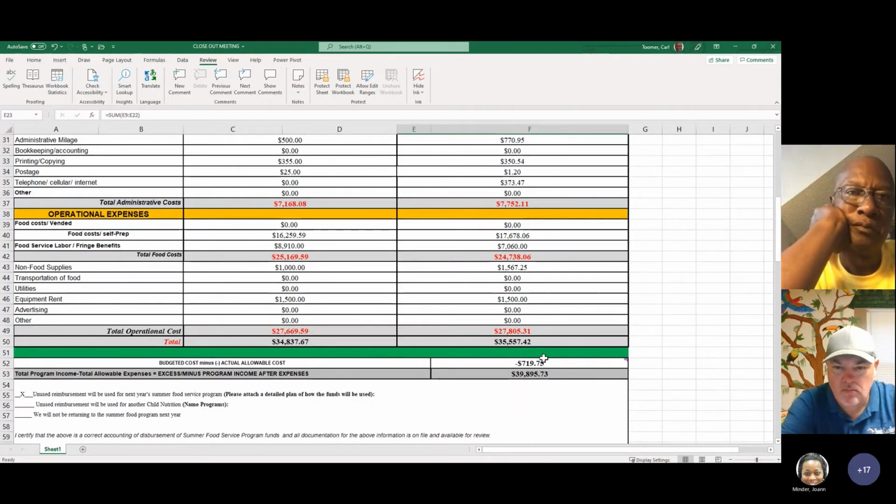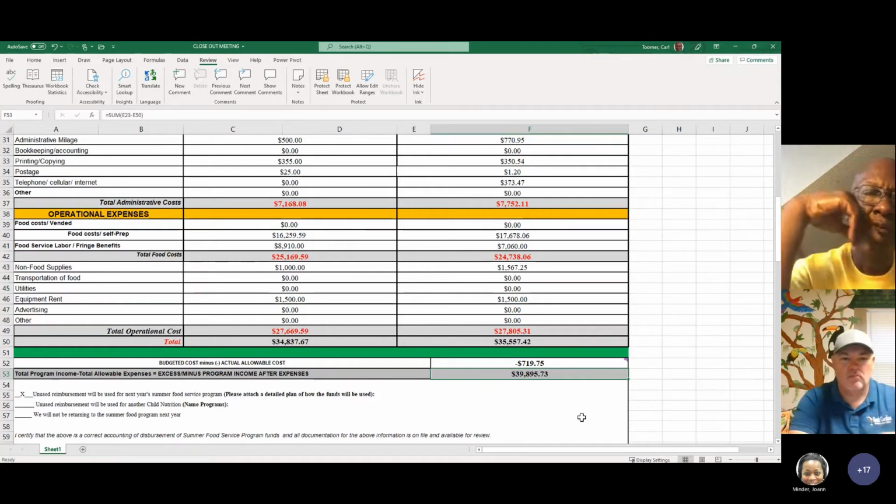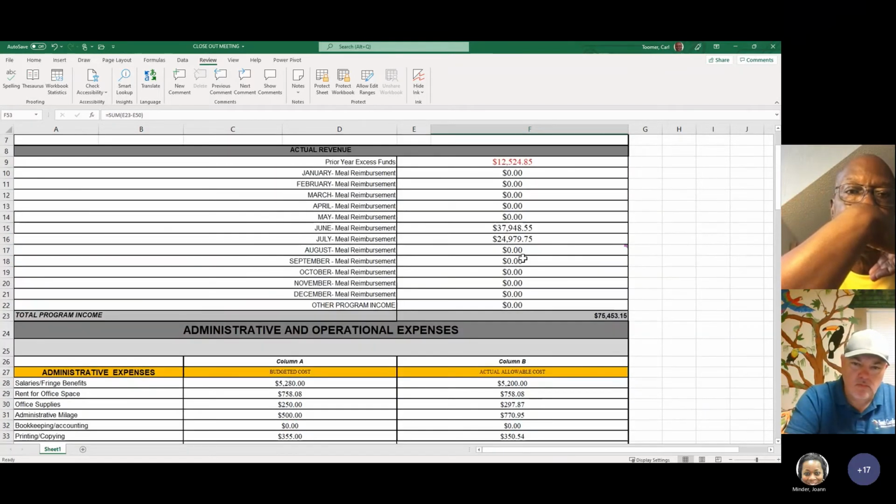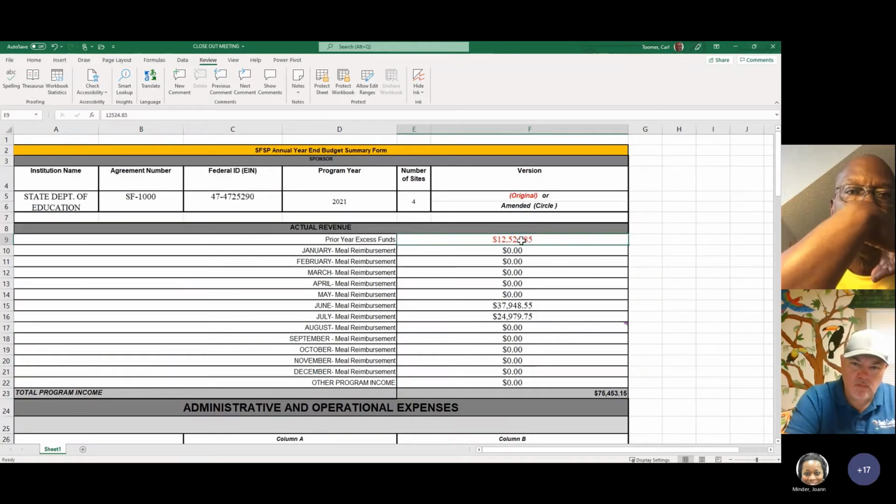They spent $35,557 in expenses, and so after expenses we had a $39,895 overage. This is excess funds, and this $39,895.73 should go here for 2022.